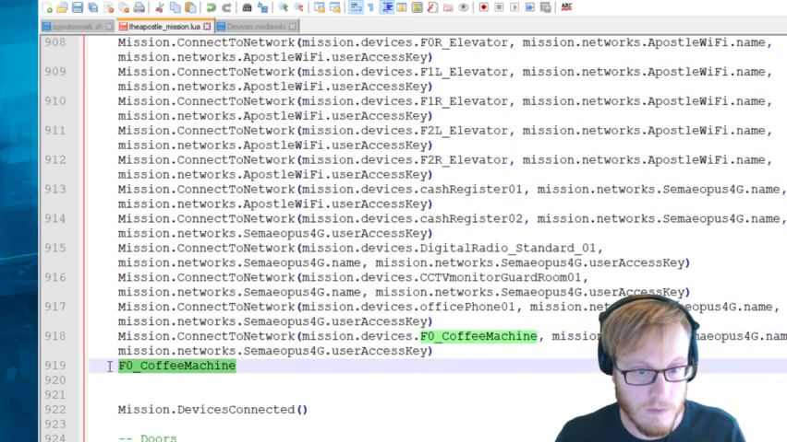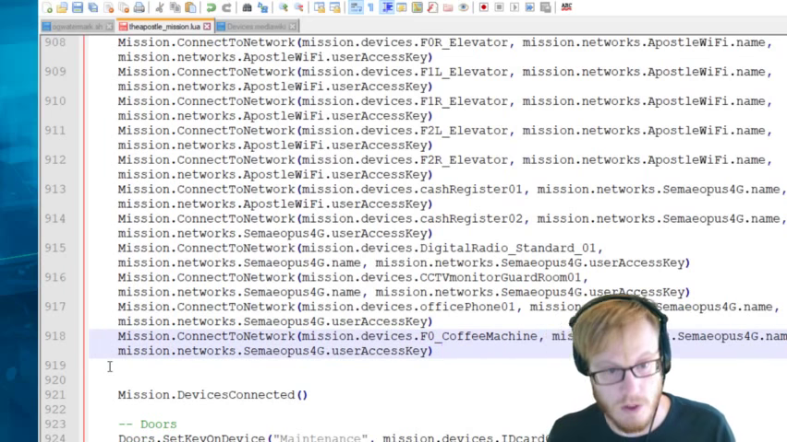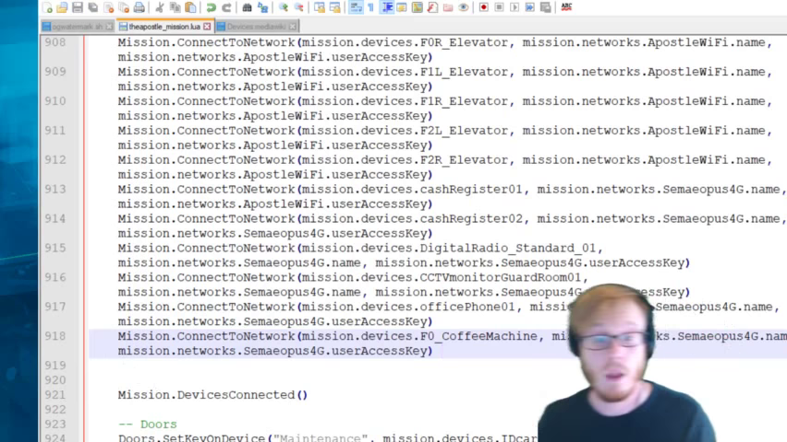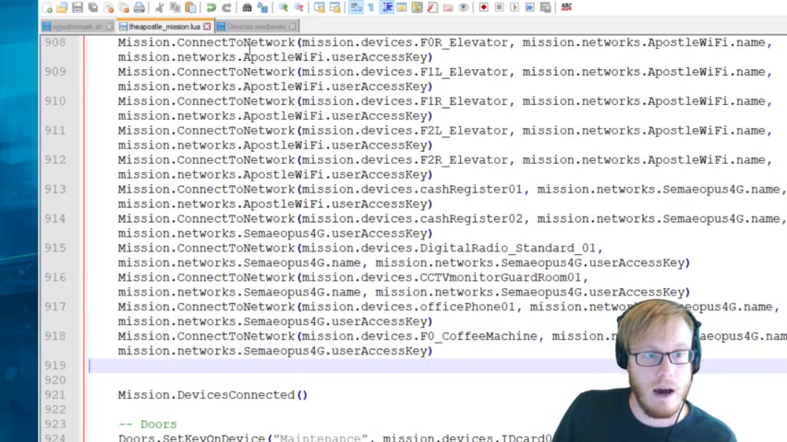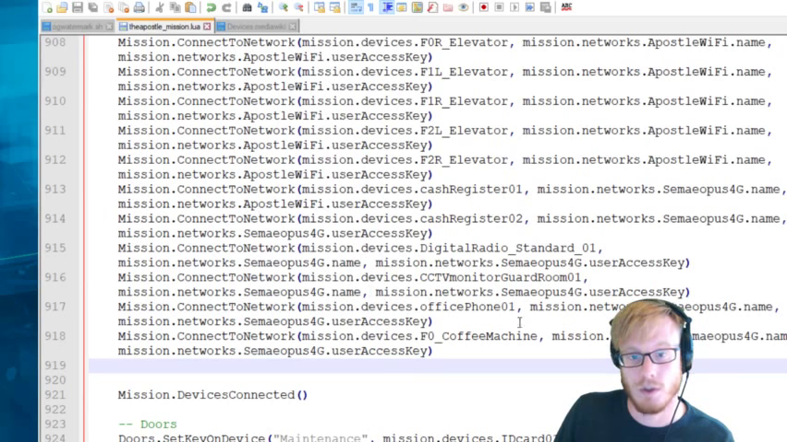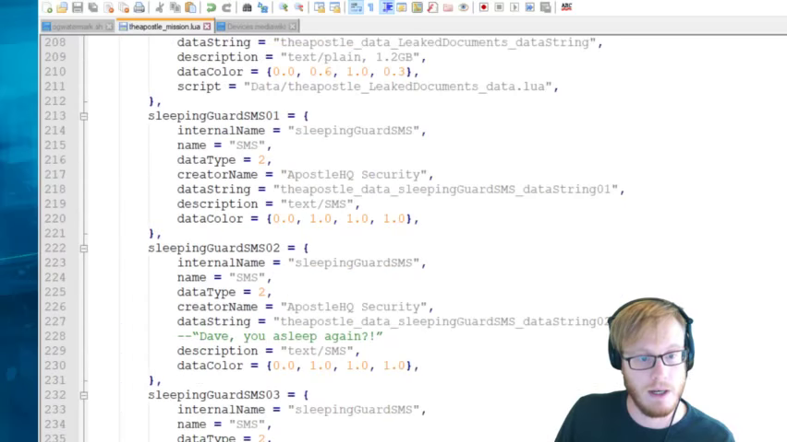Get rid of this now. And that's all you need to do in the mission script. And this is where it gets interesting. So now we're going to make a new Lua script for the actual device. So if we scoot all the way back up here to